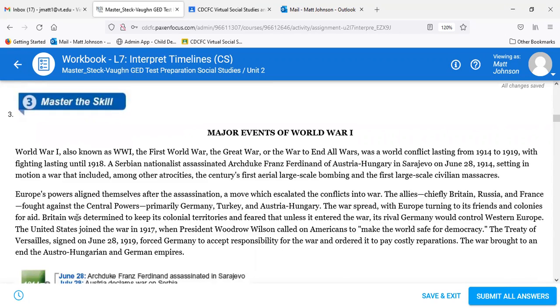Britain was determined to keep its colonial territories, and feared that unless it entered the war, its rival Germany would control Western Europe. The United States joined the war in 1917 when President Woodrow Wilson called on Americans to make the world safe for democracy. The Treaty of Versailles, signed on June 28, 1919, forced Germany to accept responsibility for the war and ordered it to pay costly reparations. The war brought to an end the